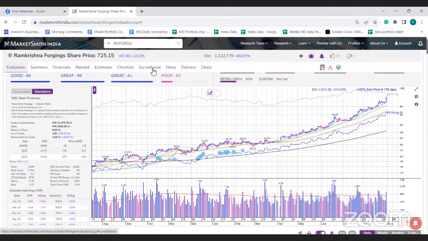But on the downside, if there is a decisive close below the 21 DMA, it's better to exit because the stock has advanced so much. There might be some selling pressure coming into the stock. There will be a stage where profit booking will be seen and selling pressure will also come in. So it's also okay to take out profits when your profits are around 100% or more, and move on to other stocks as well.